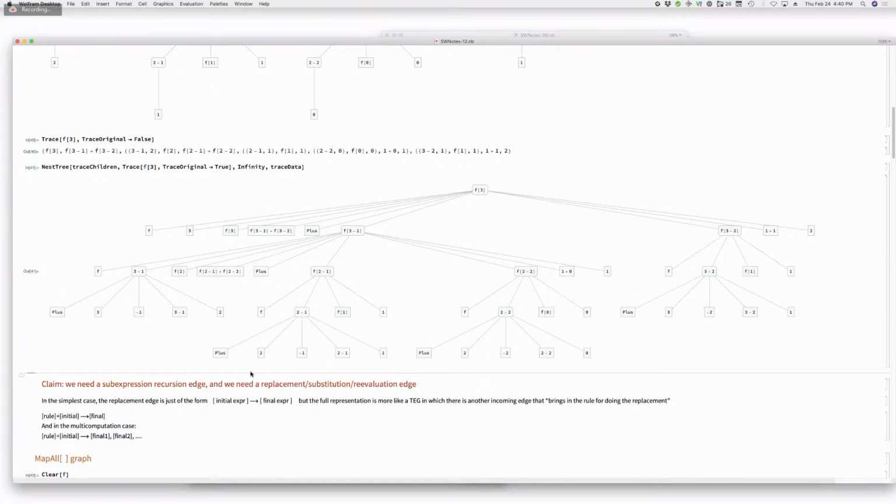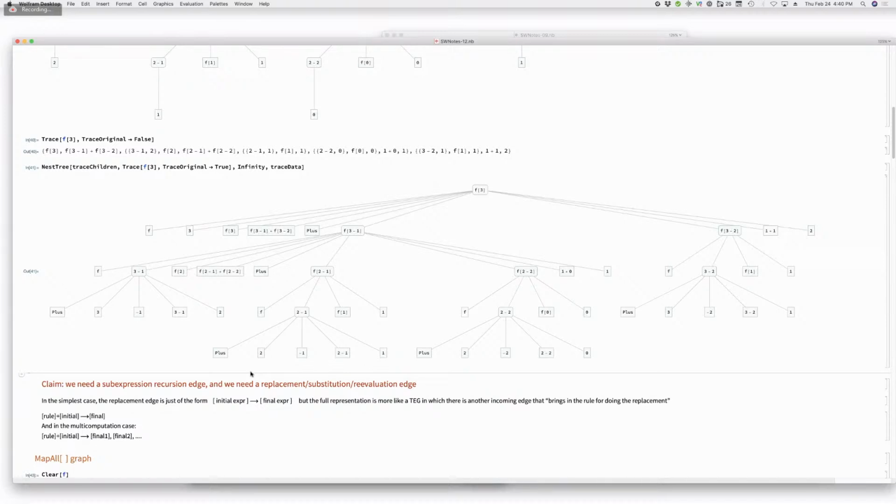Which you can do when they're ordered trees. Yes, exactly. So this is what we are trying to do, to distinguish the vertical direction from the horizontal direction. So I'm trying to read the order in which this is happening. So we say f of 3 is converted into f of 3 minus 1 plus f of 3 minus 2. And what Jonathan was showing was a nice representation of that step, right?